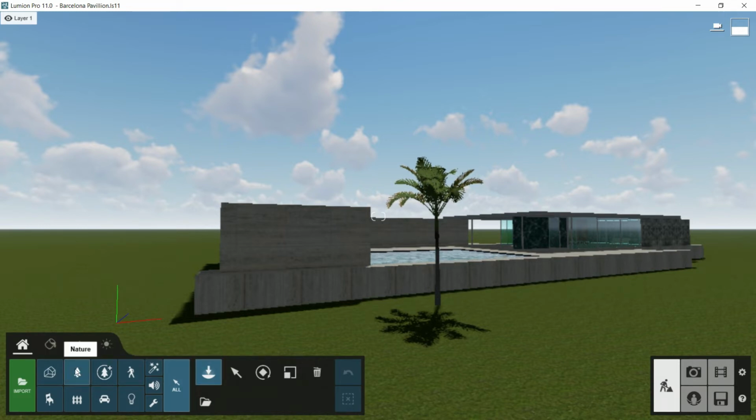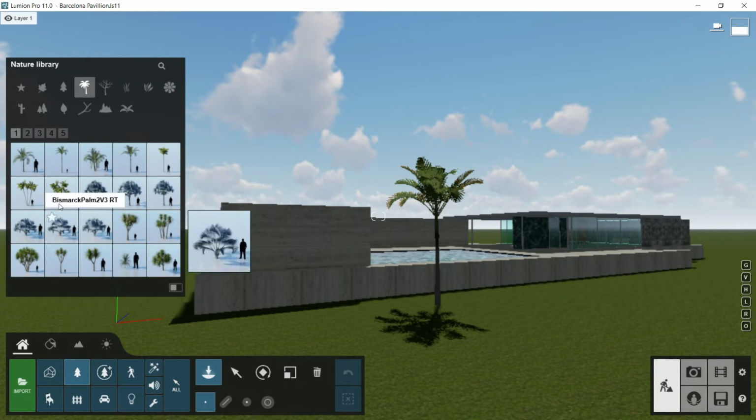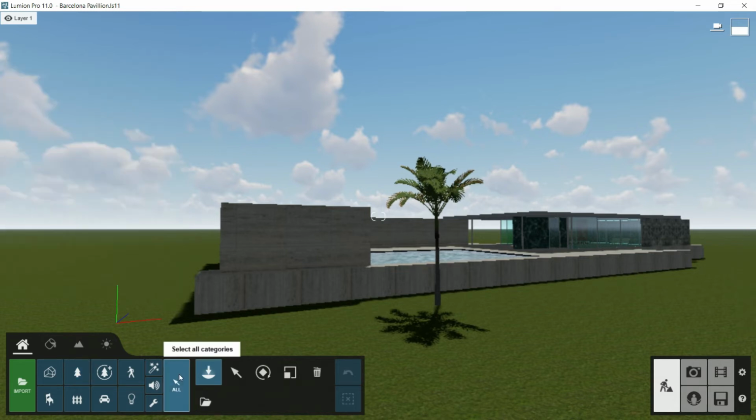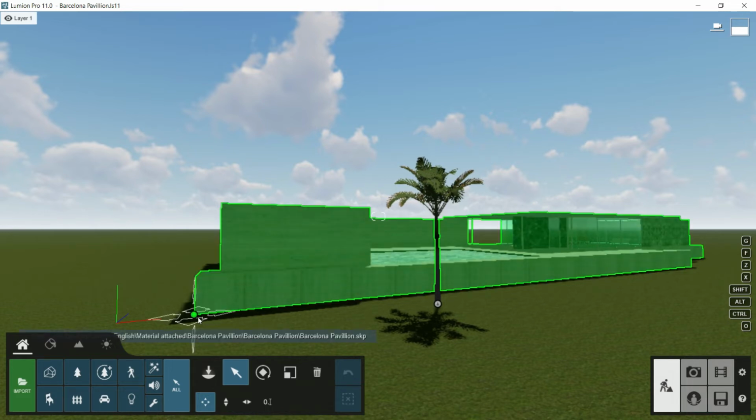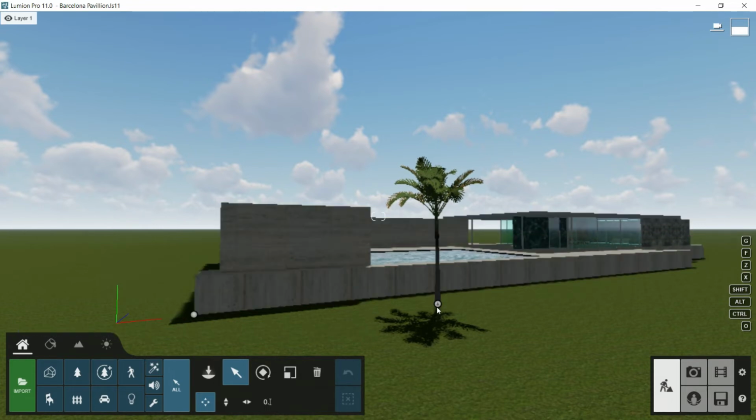So if we are here, 2 clicks, then I will choose one element and I will place it into my model. Okay. If I jump to the next option, this select button, you can see that 2 balls appear on the screen. Each ball is related with the model in contact. So this ball is for doing operations with the Barcelona pavilion, and